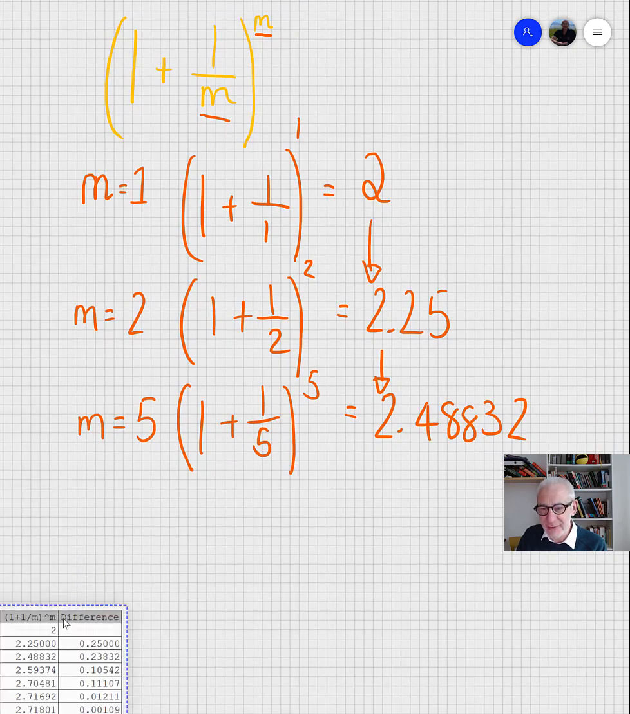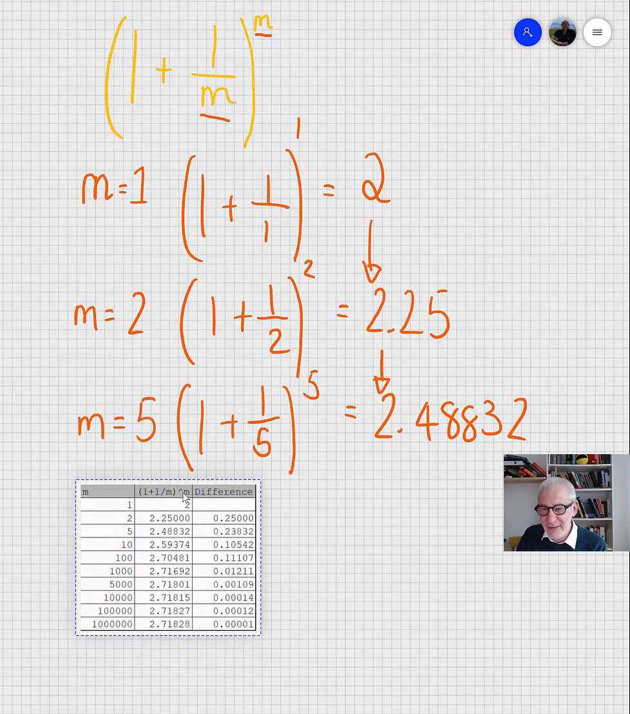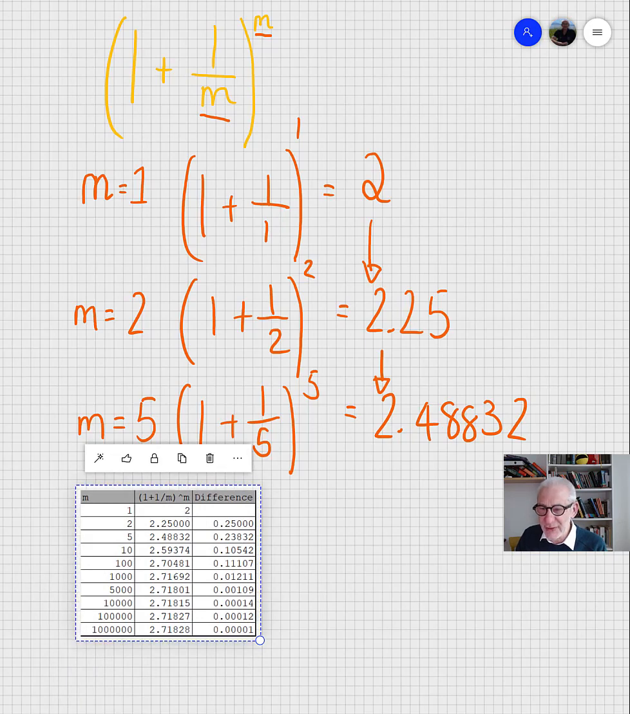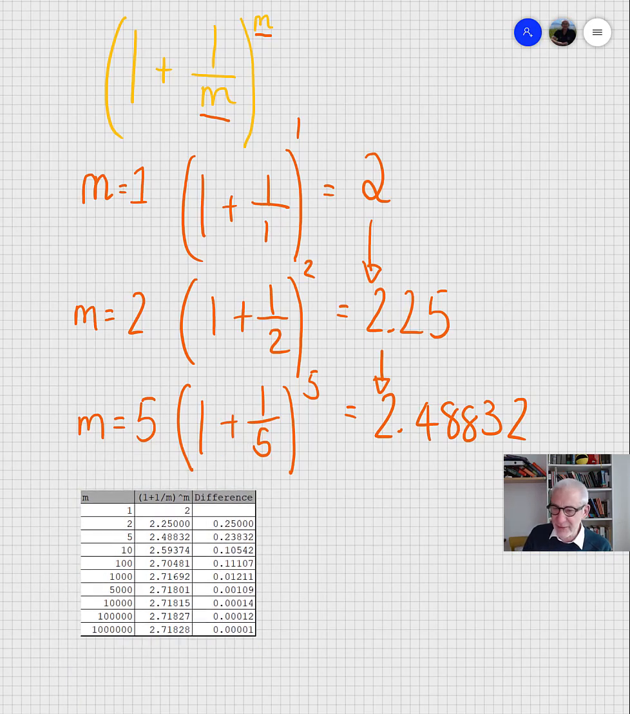If I just bring in some results here from Excel, this is what happens when you continue that expansion. M there, 1, 2, 5, 10, 100, 1,000, and so on. And beside it is that calculation, 1 plus 1 over m to the power of m. And you can see here that the number that you get eventually flattens out. It reaches a limit, okay? And that limit is